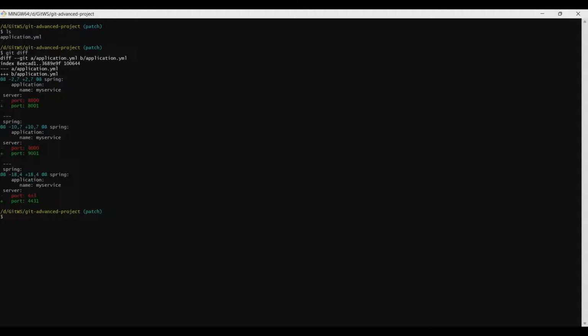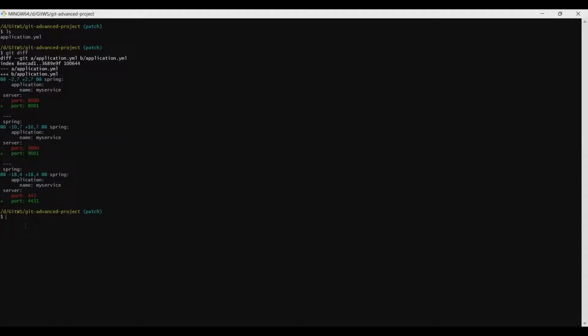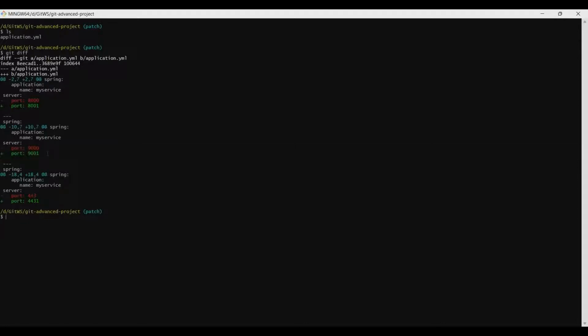Now let's say the requirement is I don't want to commit all these 3 lines. I just want to commit the line where I changed port 9000 to 9001. So how would we go about this? Before I came to know about this git add patch command, what I used to do is take a backup of this file, revert all the changes and make the change again for only port 9001 and then commit the file. This is kind of a tedious way to do it. Git add patch simplifies a lot with these kind of requirements. So let's see how it helps.